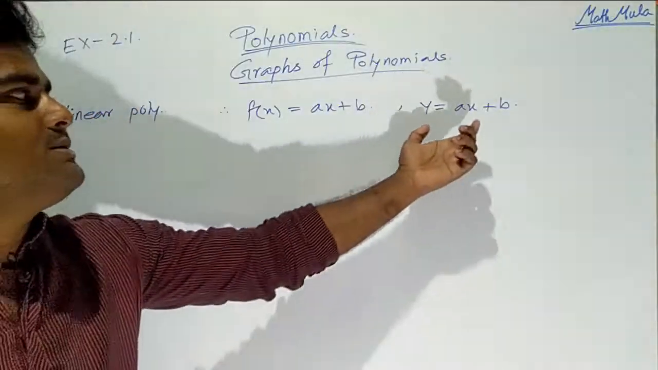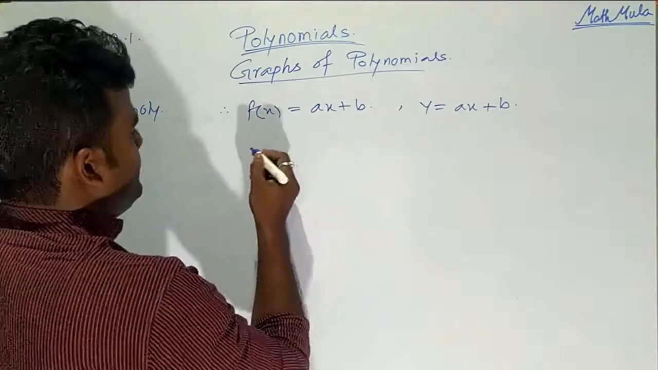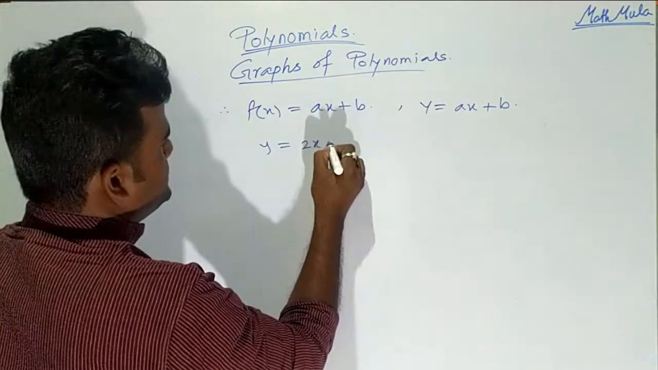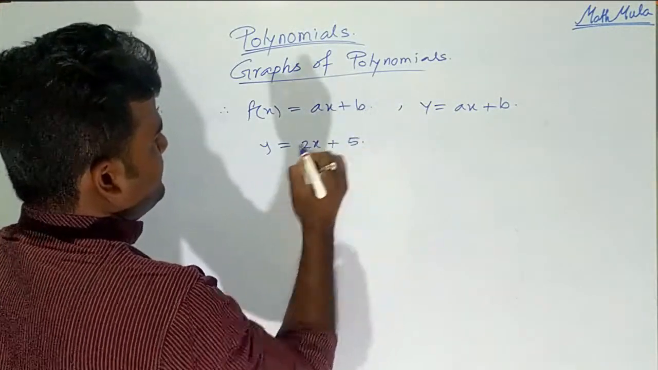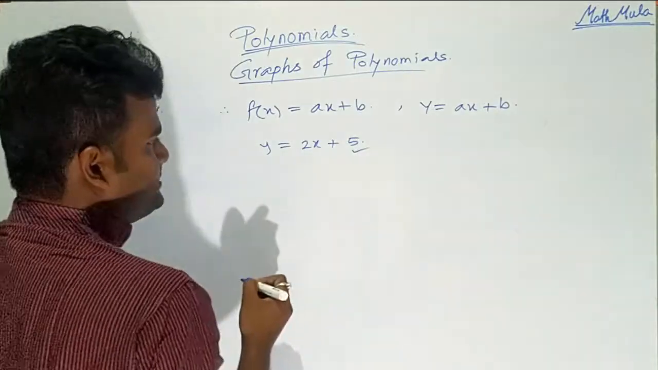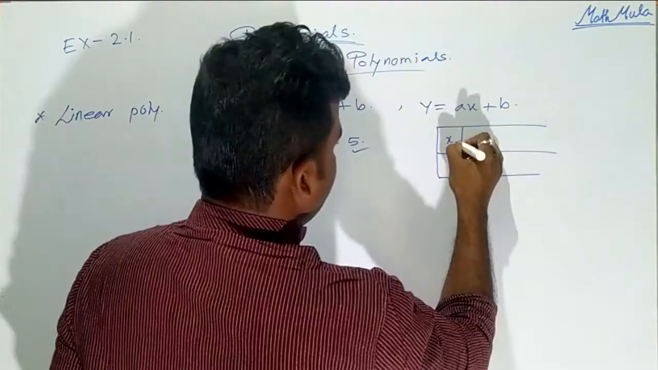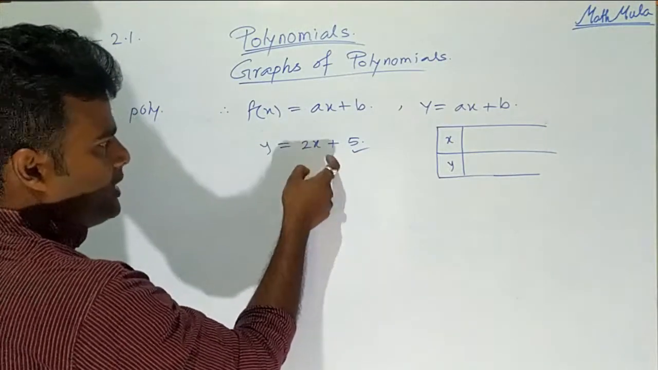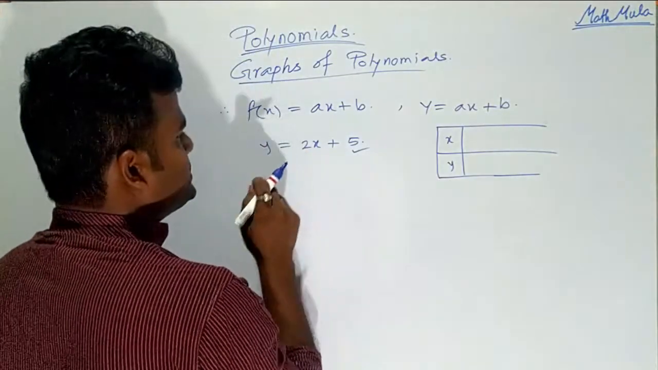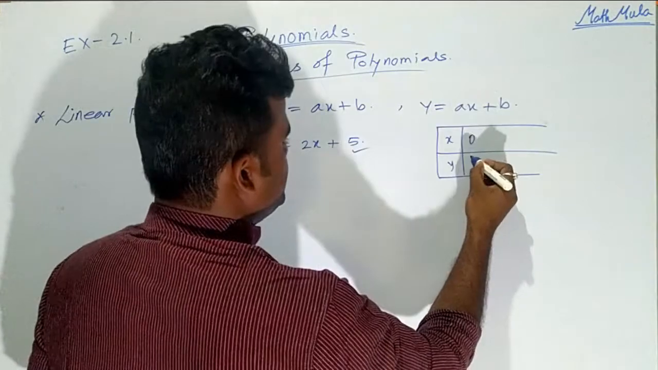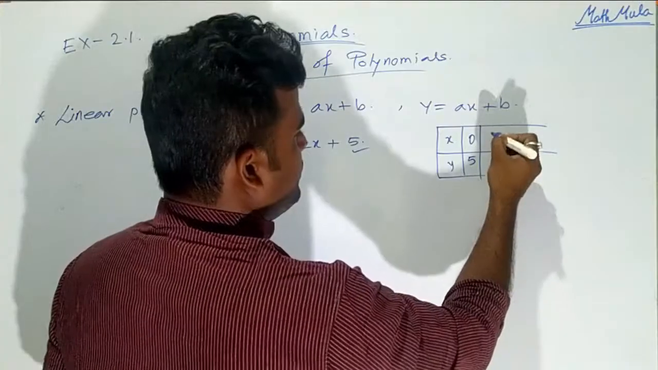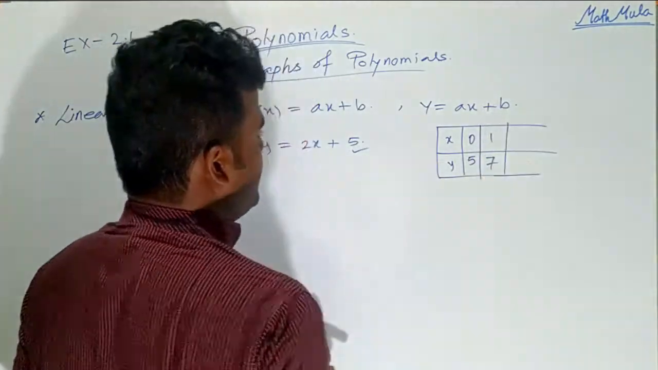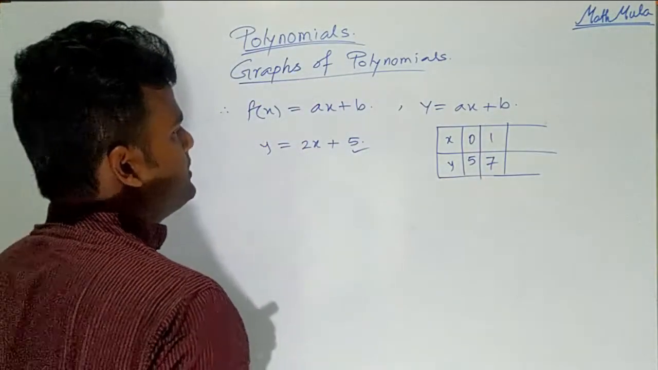Now look, this is the equation of a straight line. For example, y = 2x + 5. This is a linear polynomial. First we find a table of x and y. We put the value of x in the right hand side and find y. Now let x = 0. Then y will be 5. Now for x = 1, we get y = 7. And for x = -1, then you get